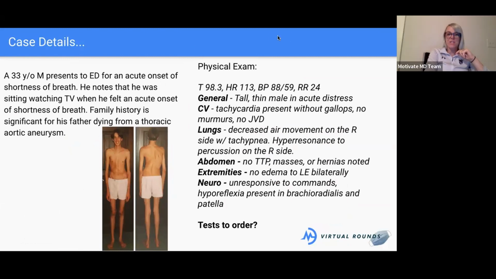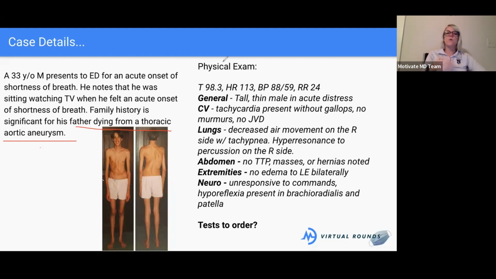Yeah, good question. We didn't really touch on that at the end. I'm glad you brought it up because I put it in there for a reason. His father died from an aortic aneurysm. And what we talked about later on was that this patient had Marfan syndrome, which is certainly a genetic disease. So maybe this patient's dad also had Marfan syndrome, but when you ask about histories, you have to go into details and uncover things.